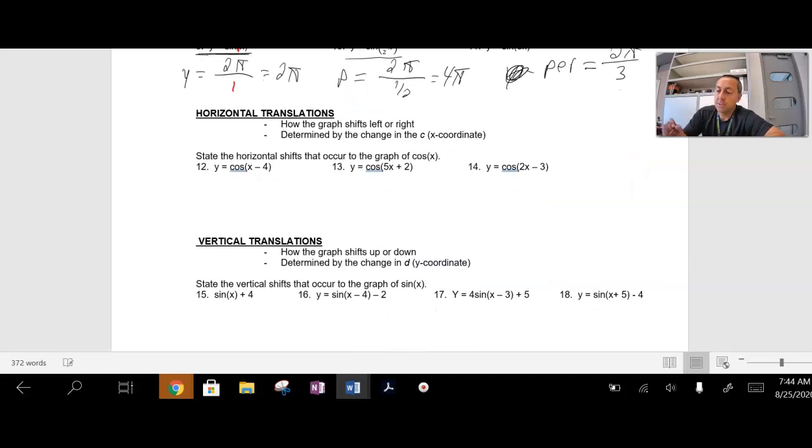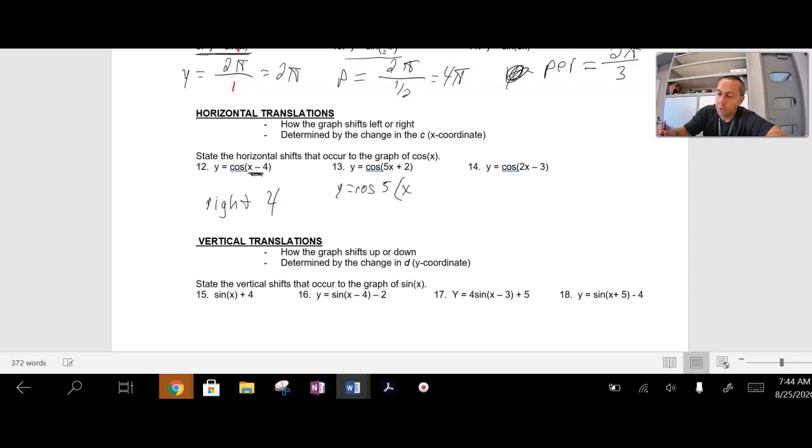Horizontal translations, this applies to, like I mentioned earlier, pretty much every graph. If we start adding or subtracting values from x, it's a horizontal shift. So if you'll remember, if we do x minus 4, that's going to shift this graph right 4. Whereas if we add, that's going to shift us left. One of the things I would recommend